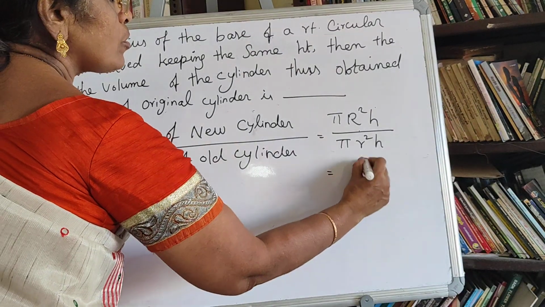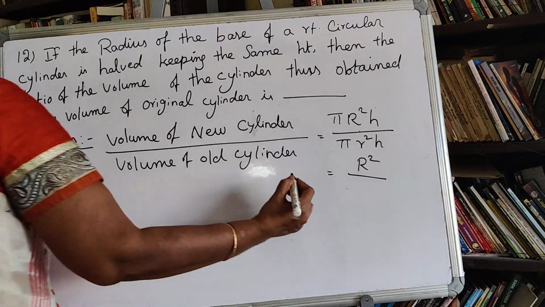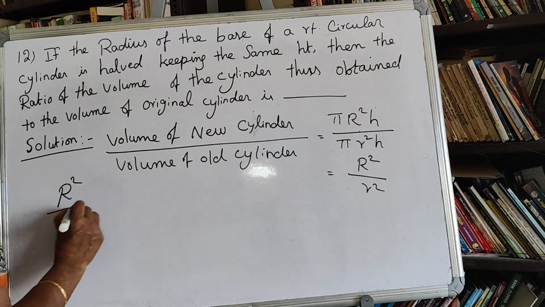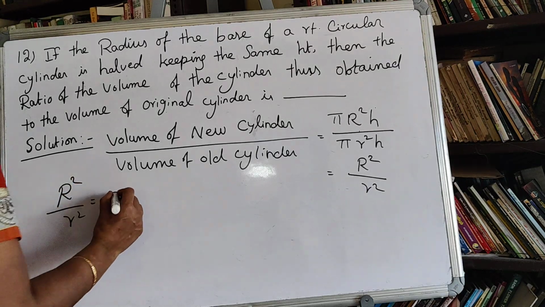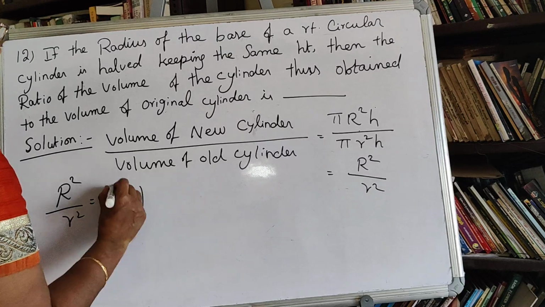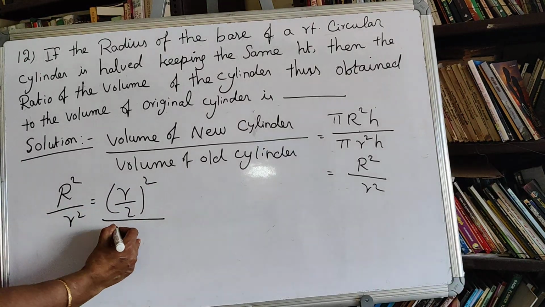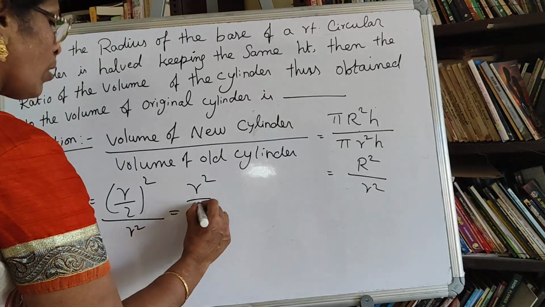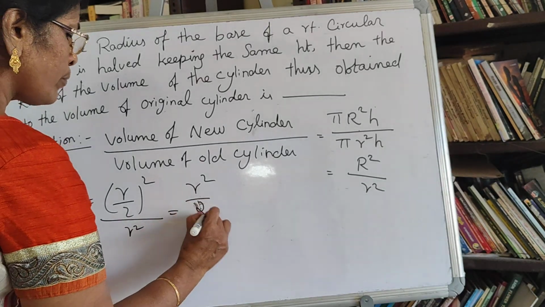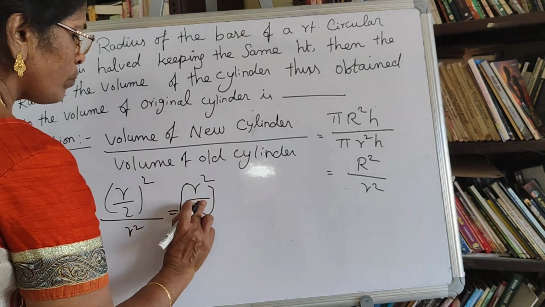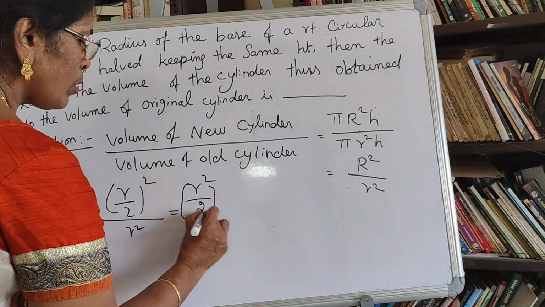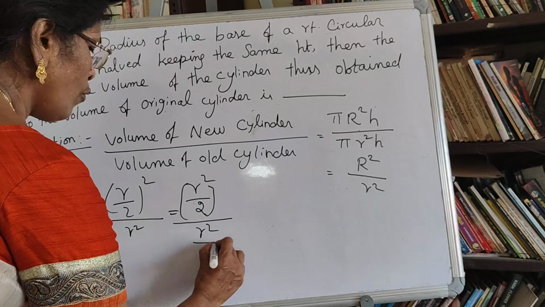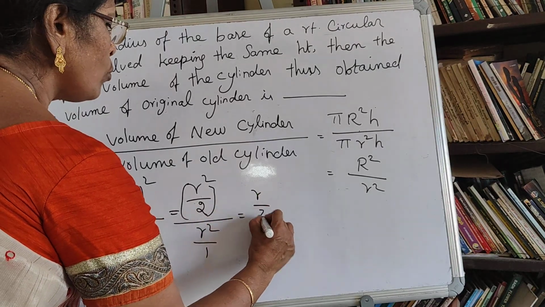equal to R squared by r squared. This is the formula. Now R squared by r squared equals (r by 2) the whole squared divided by r squared, equals (r by 2) the whole squared divided by r squared by 1, equals (r by 2) the whole squared